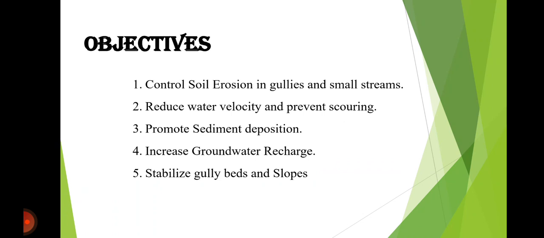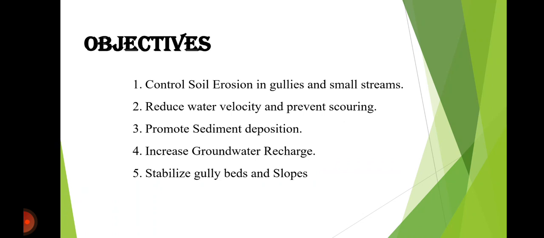Once again I repeat the objectives of the check dams: to reduce the velocity of the runoff water, to control the gully and the soil erosion, to trap and to retain the sediments carried by the runoff, to stabilize the gully bed and the banks, to increase the water infiltration into the soil, to conserve the soil and the moisture, to reduce the peak flow of the runoff, to improve the groundwater recharge,